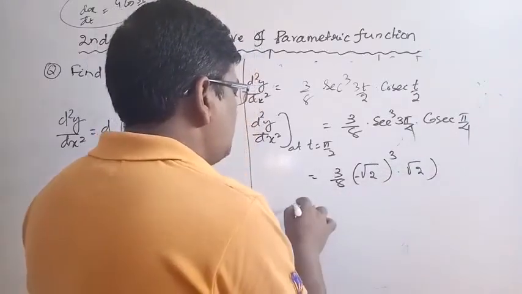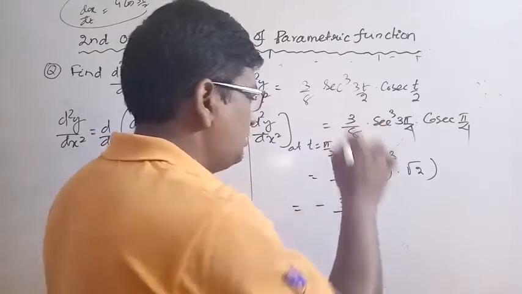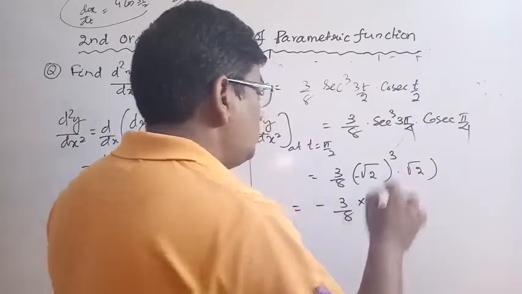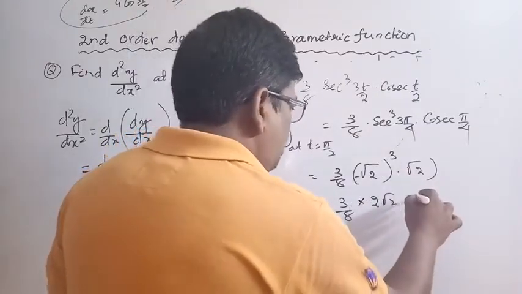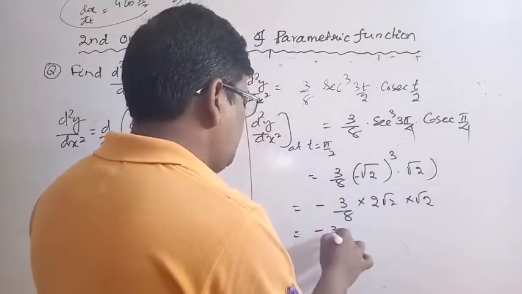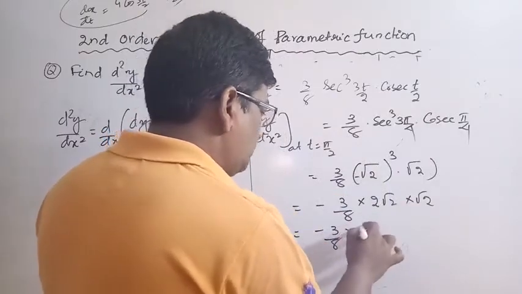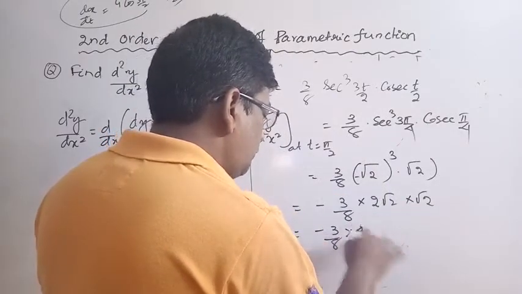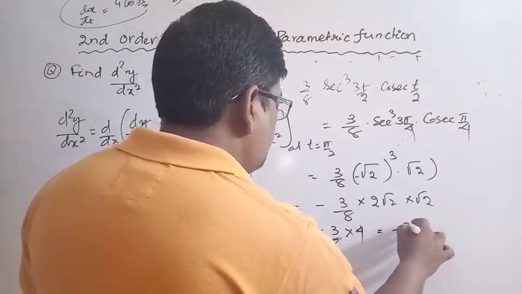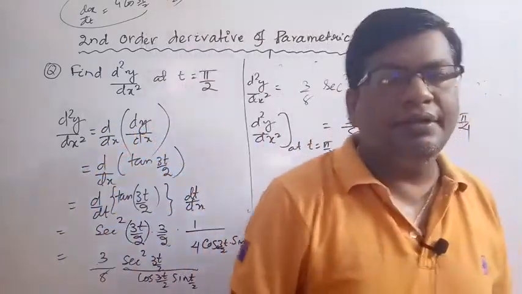So this is equal to minus 3/8 into 2√2 into √2. So this is equal to −3/8 into √2 into √2, this is 4. Okay, this is equal to minus 3/2, that is the answer. Okay, then